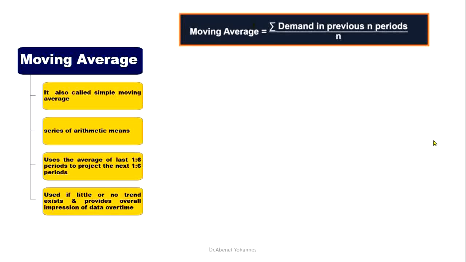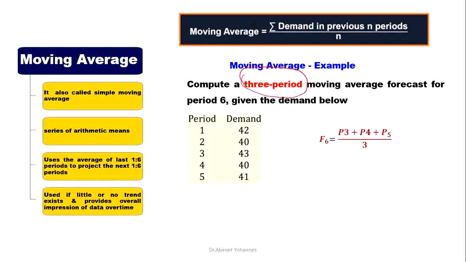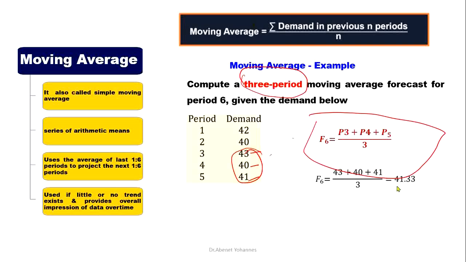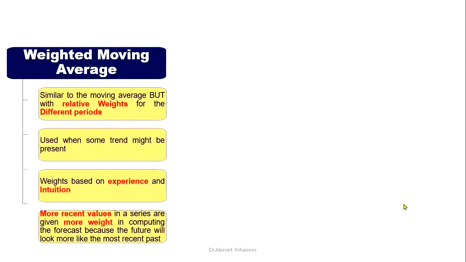ይሄንንም በኤግዛምፕል ስቲኒ ፎርሙላው እንግዲህ እንደምታዩት ምንድነው the summation of demand in previous n periods divided by n ነው። እስቲ ይሄንን በኤግዛምፕል እንይ። Compute a 3 period moving average forecast for period 6 given the demand below። እዚህ ጋር እንደምታዩት ምን ተሰጥቶናል? የ5 አመት ዲማንድ ኦሬዲ ተሰጥቶናል። ይሄ እንዴት ነው የምንሰራው? The summation of the last 3 years demand divided by 3 ስናደርግ በዚህ መልኩ ይሄው this is the formula። ስለዚህ ምን እናደርጋለን? እነዚህን ሶስቱን ደምረን ለ3 ስናካፍል እናገኛለን ማለት በዚህ መልኩ ተመልሳላችሁ ማለት።